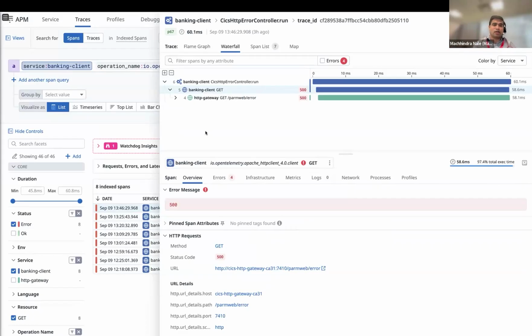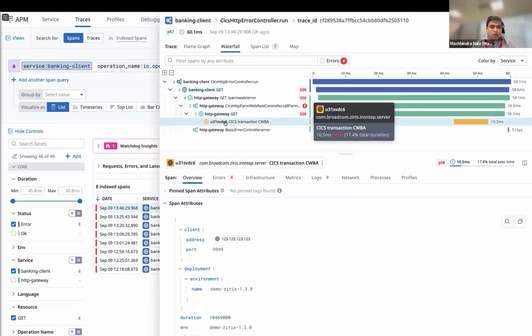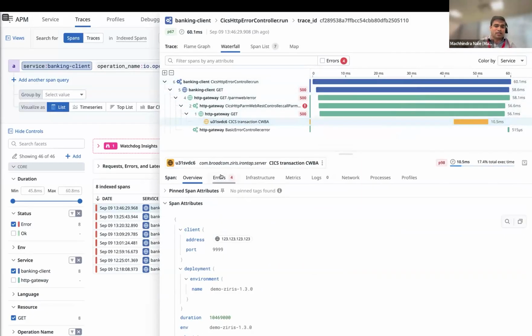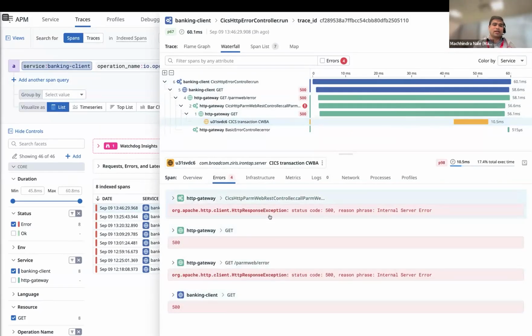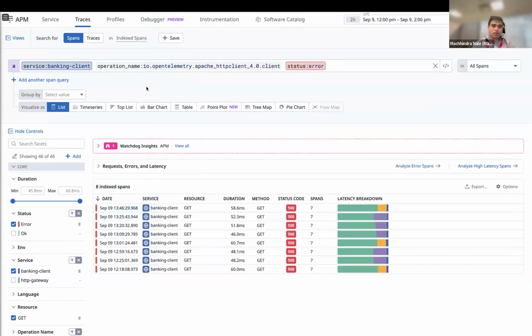I drill down to the error, and now I'm finding out why the error is happening. It turns out to be on the CICS, on the mainframe side. It looks like the distributed side is fine, but on the mainframe side there are some errors happening that I should look at. This way, I go fix this particular problem, and henceforth the errors will lessen. Henceforth, I will be within my SLO and match my expectations. And that's how we would probably use these traces coming out of the CICS subsystem in a larger context.